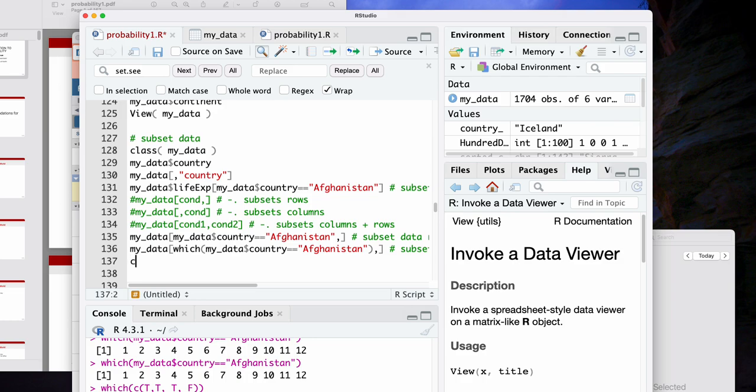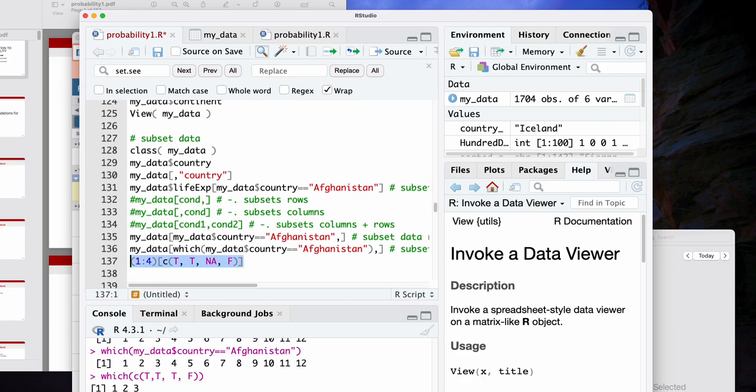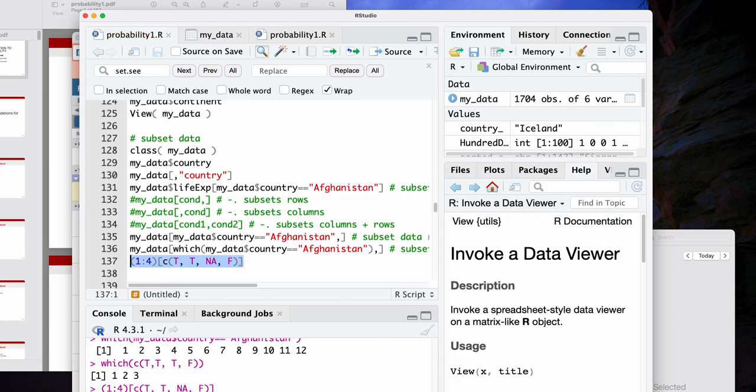So for example, if you have true, true, NA, false, and we want to subset 1 through 4, the NA can sometimes cause problems. We get something where the NA slots in, and it returns NA in that position. So it gets a little bit confusing.